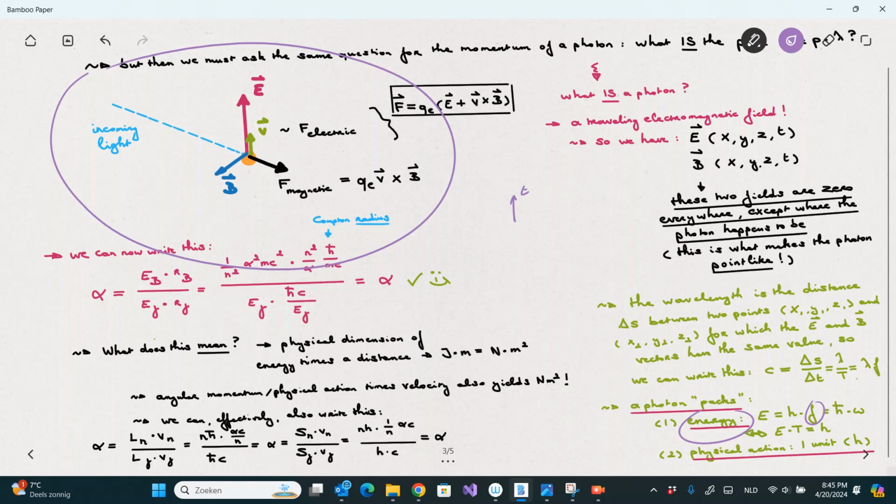So we can say a photon packs energy, and that energy is given by its frequency multiplied by Planck's quantum of action, or reduced h bar times the angular frequency. And from there we get that other formula, the energy times the cycle time is h, but it also packs 1 unit of physical action. Physical action is actually something that they should teach a lot better than they do. They usually don't talk about it, but